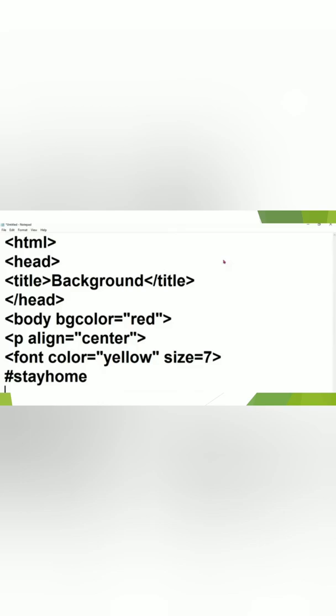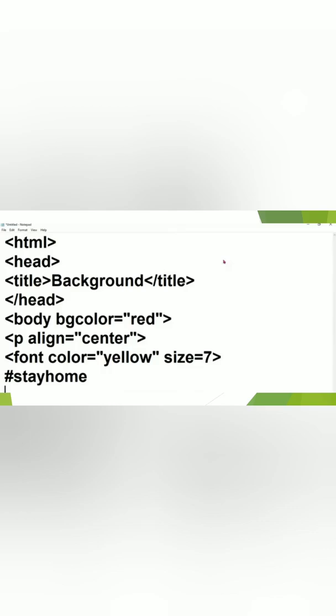The font color here is yellow. Now I want to increase the size also. Size is also an attribute. Now here I write stay home. Okay, any type of sentence or any type of word you can write here, like I write here stay home.